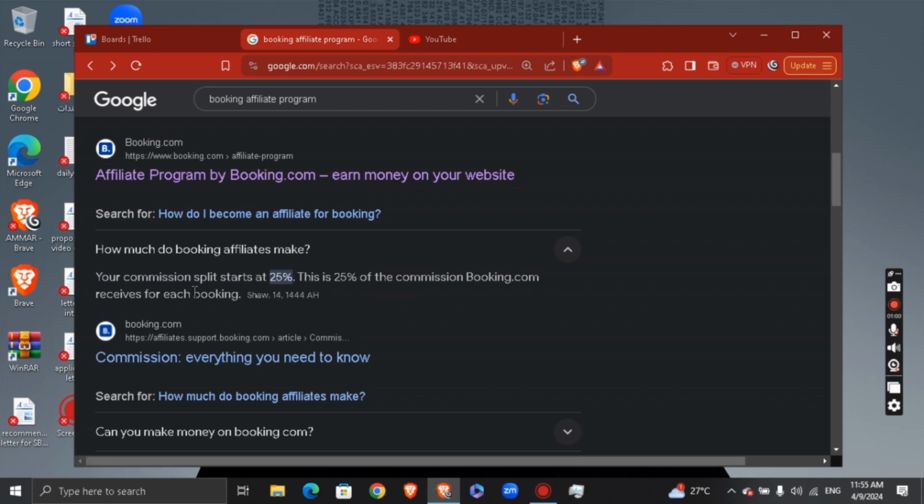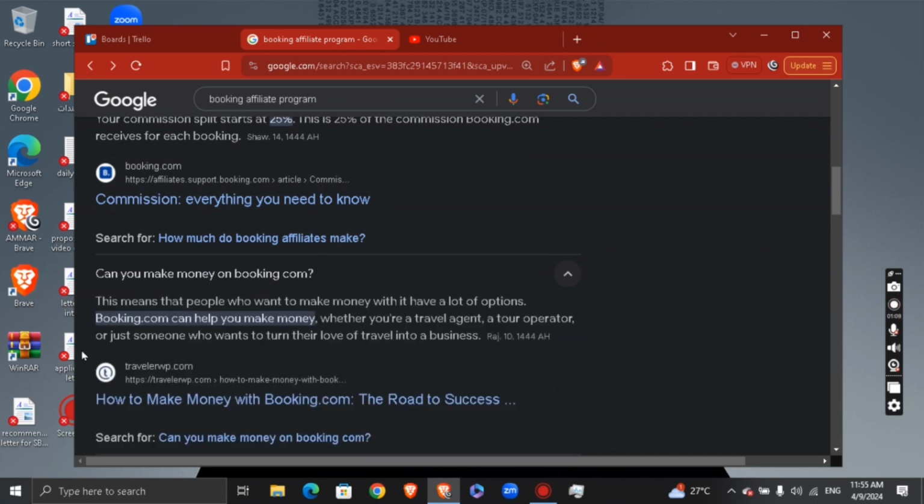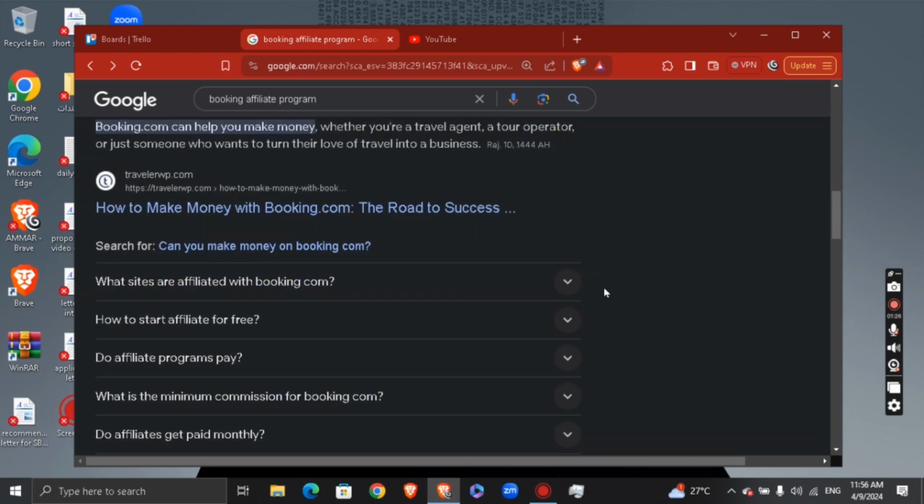for each booking, right? So if you can make money right here, you're going to know that there are a lot of people who want to make money, a lot of options. Booking.com can help you make money, whether you are a travel agent, a tour operator, or just someone who wants to turn their love of travel into a business, right? So it's a pretty profitable option to be registered with, right? Basically,